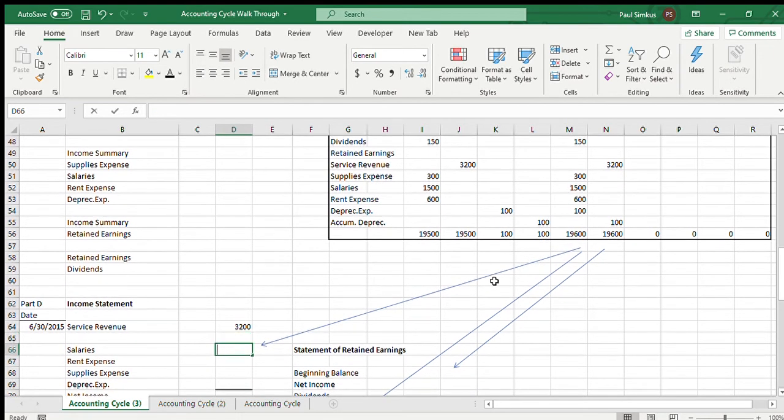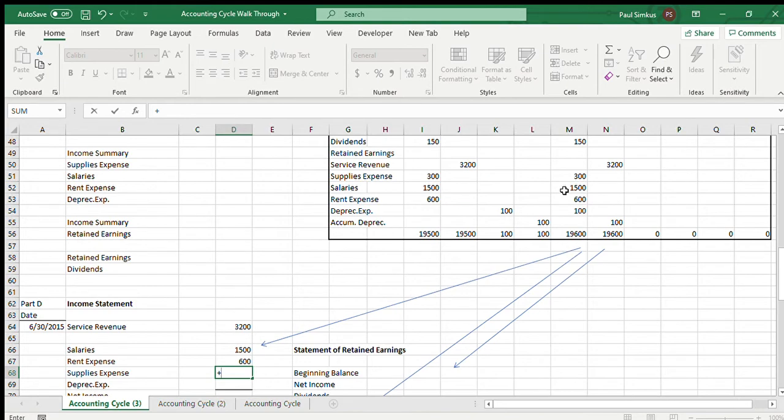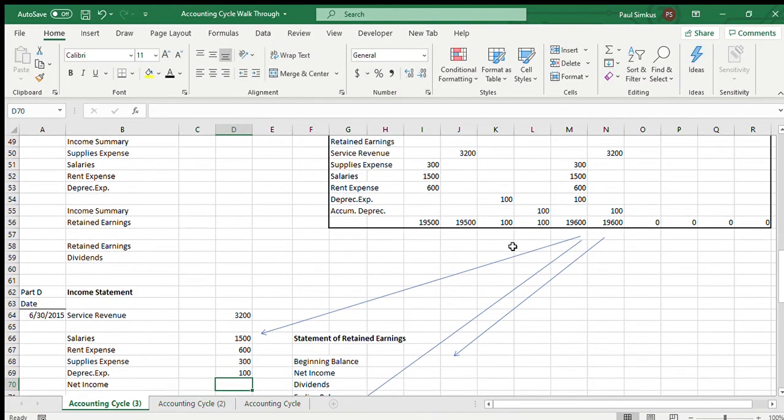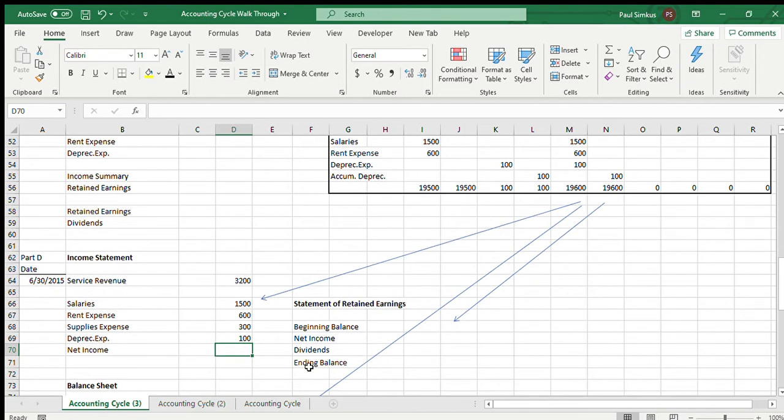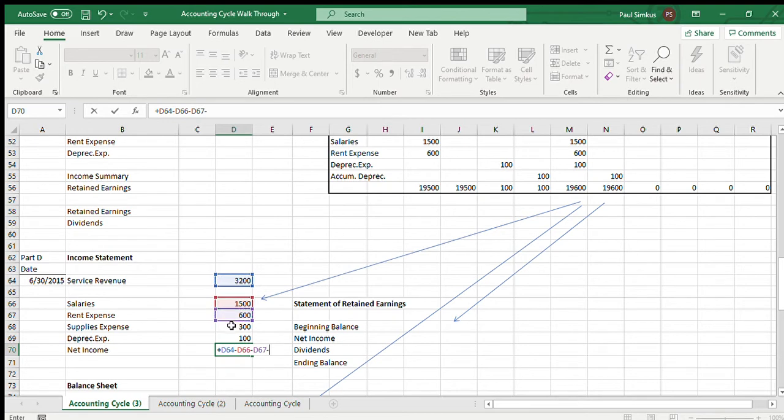The expenses are salaries, rent, supplies, depreciation. Okay, net income would then be the revenue less all the expenses,